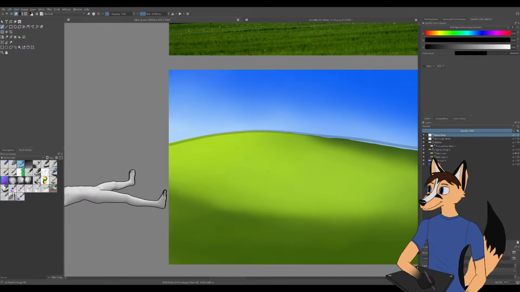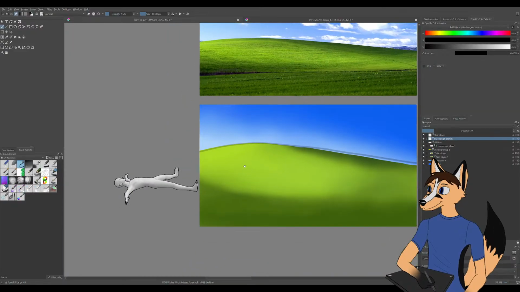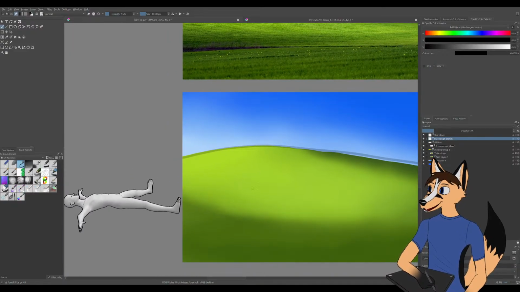It's annoying as all heck, but now that I have a reference, I can kind of start to sketch it out a little bit. I'll just go ahead and make this full opacity, however you pronounce that. And I'll just do a little head shape here.